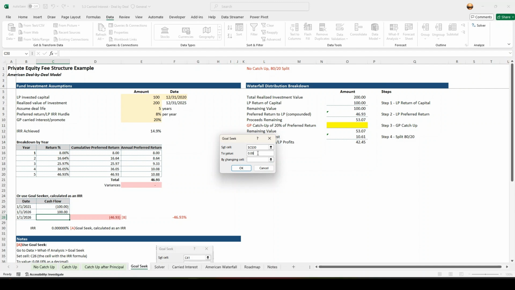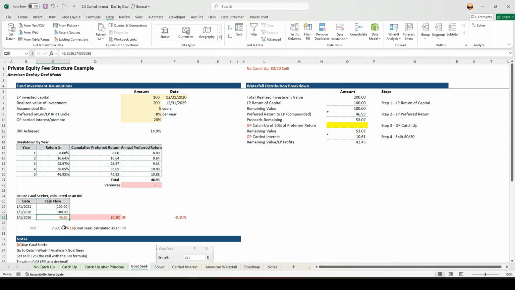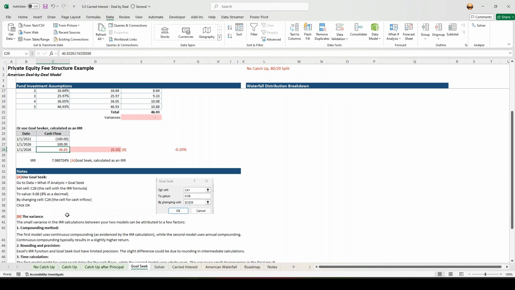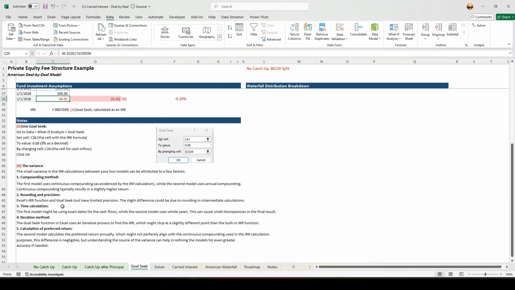That is our preferred return. And then we will change the value of C28. Then Goal Seek will quickly find the number for us and find 46.83, which is not quite 8% yet. It's only 7.98%. However, the variance is minimal and it's actually acceptable,